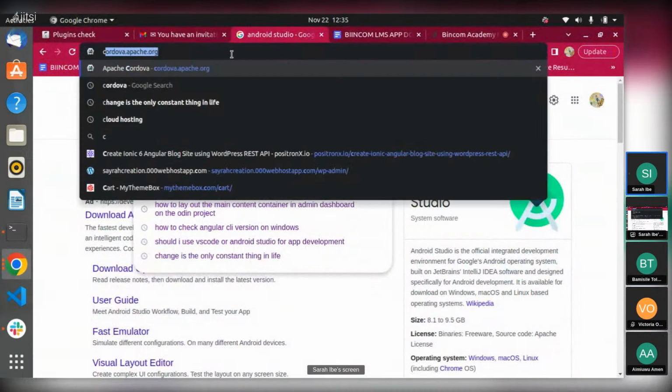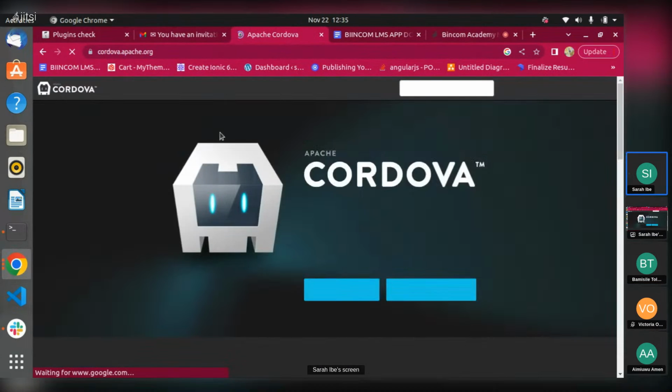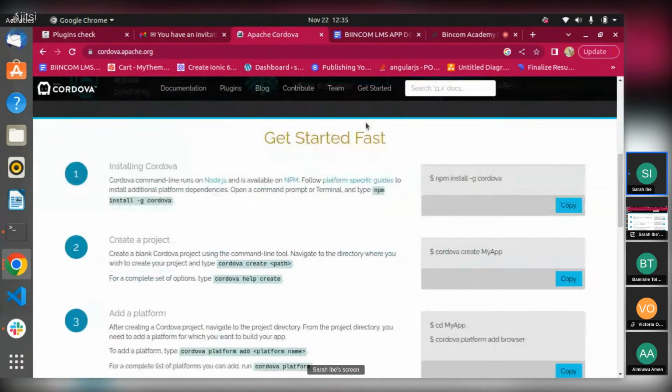Let me start by showing you how to install Cordova. Installing Cordova, it runs on Node.js, and Node.js is available on npm.